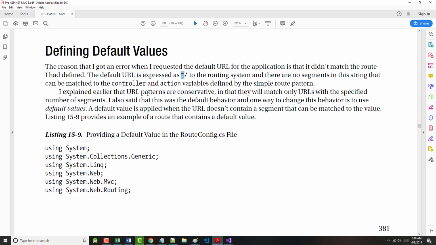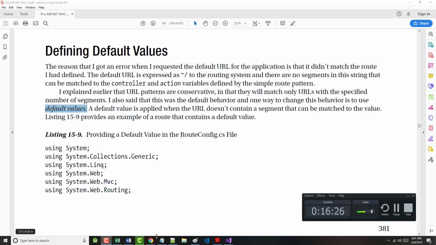The author explained earlier that URL patterns are both conservative and liberal. They're conservative in that they will only match the URLs with the specified number of segments. The author also said this was the default behavior, and one way to change this behavior is to use default values. We have talked about default values in the past in the C# class under the confines of setting up parameters for different functions or methods so that if you don't pass something in, it'll use the default, no pun intended, by default. And I gave the example that if I'm creating something, let's say for,